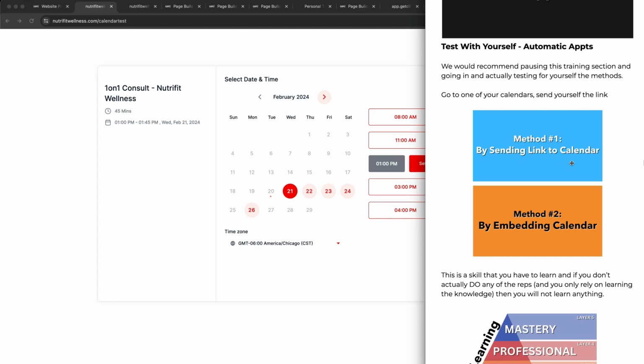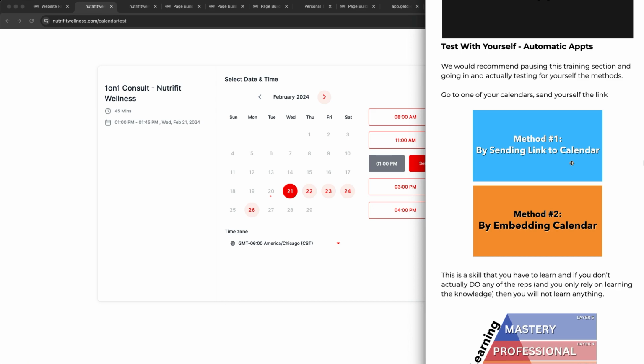Like, hey, send a link to yourself, book an appointment, see how it shows up in the calendar tab inside of ClientKit, book an appointment, see how it shows up inside of Google Calendar on your central calendar, right? That's the reason why we walked you through this step by step for this entire setup. So that way, as the system is coming together, you're understanding the overarching strategy and you're unlocking in your mind